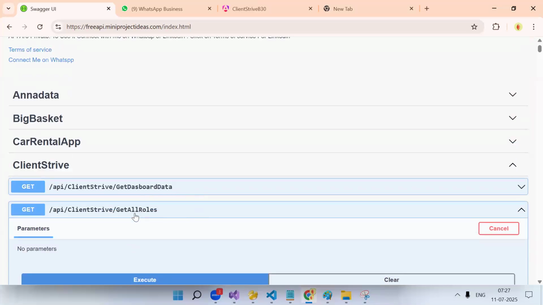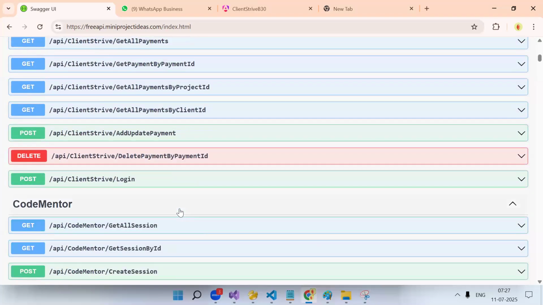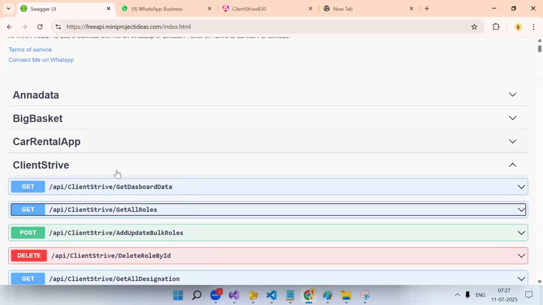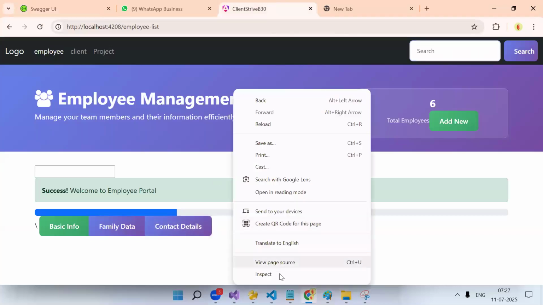Just the login API you can access, because obviously without login you can't get the token. So I have kept the login API open. Means without sending the token, only the login API you can access. Other than that, all the APIs are authenticated now. If you don't send the token, you cannot access it. Okay. Now let's just